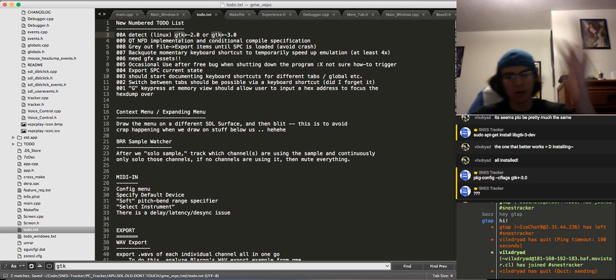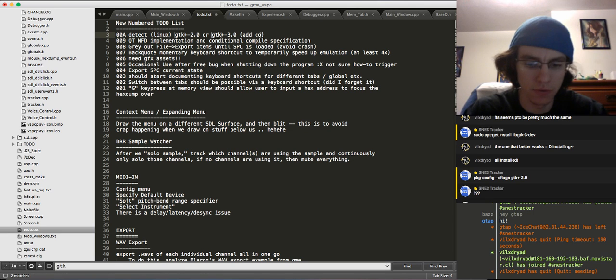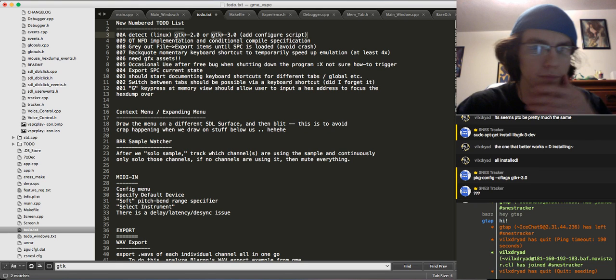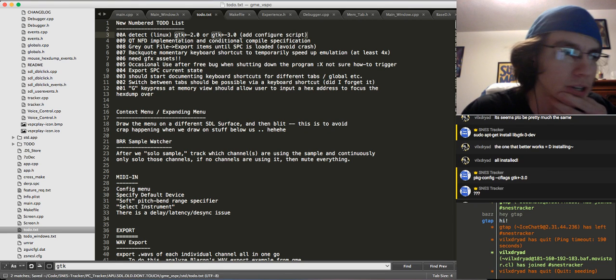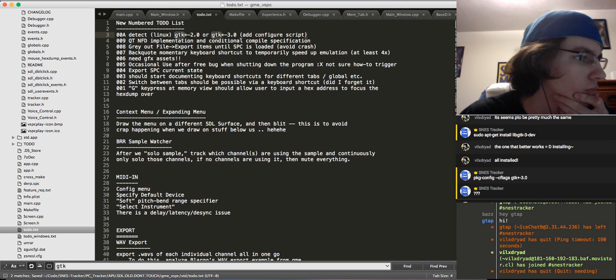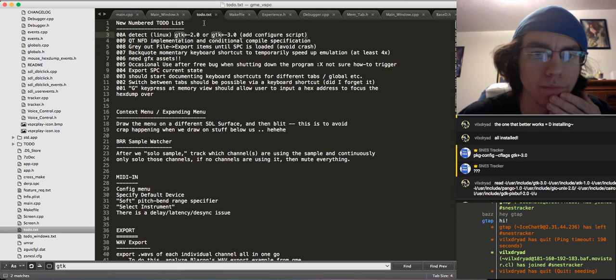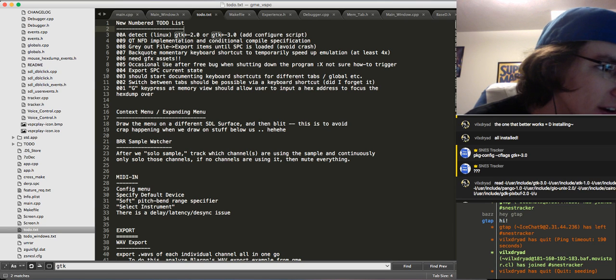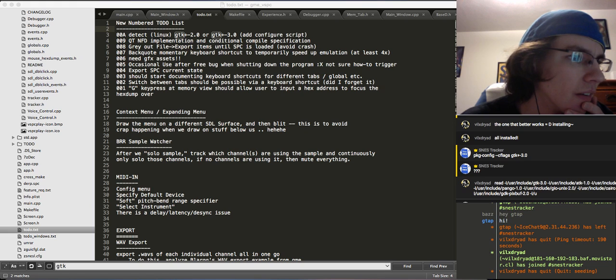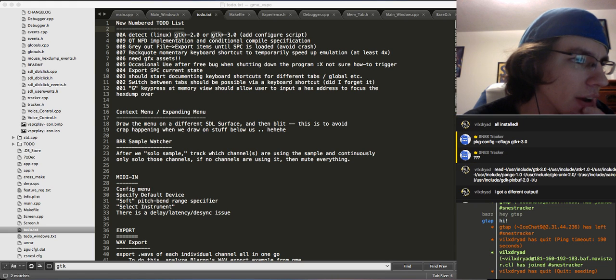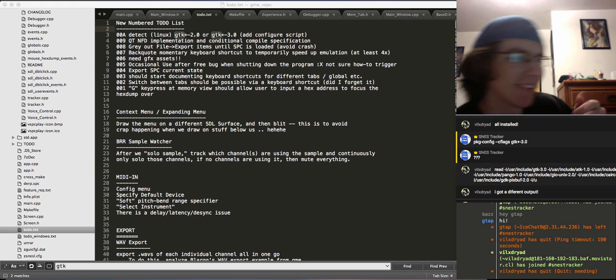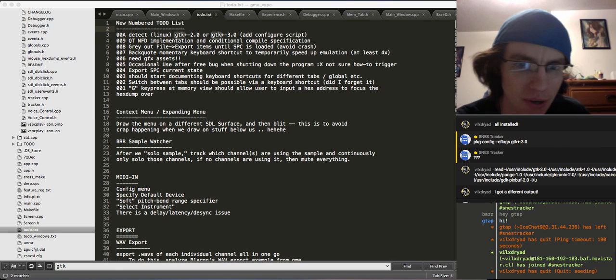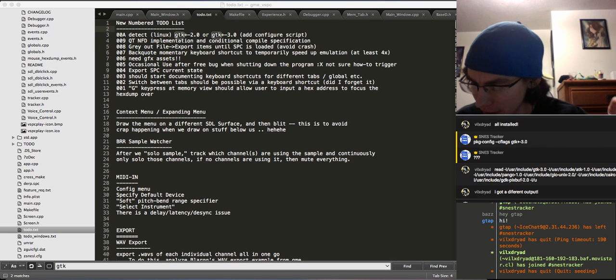I need to really add a configure script. Something's got to be done. Hey, it worked. Wait, what did you do? Is that the output? Okay. That's good. That means it worked. Awesome. All right. So we just installed the dependencies now, and